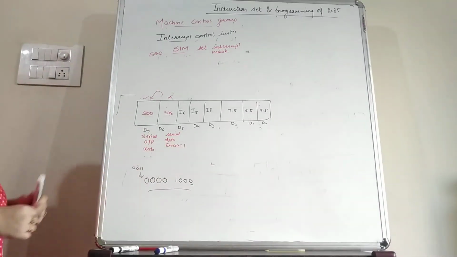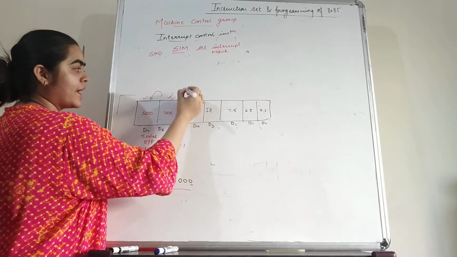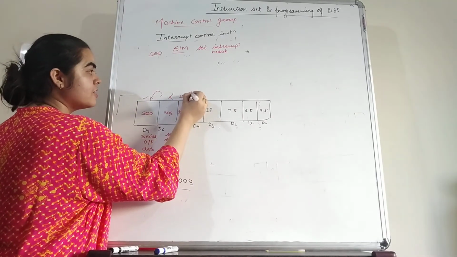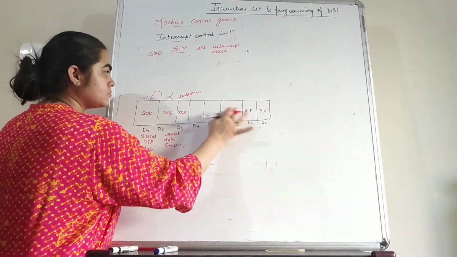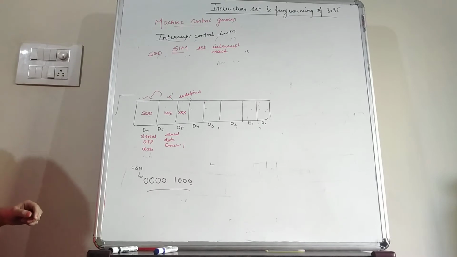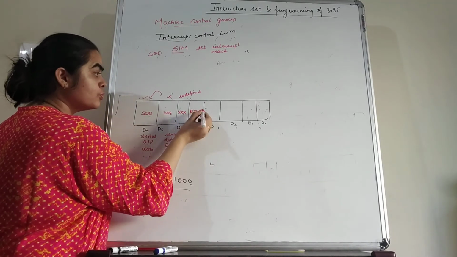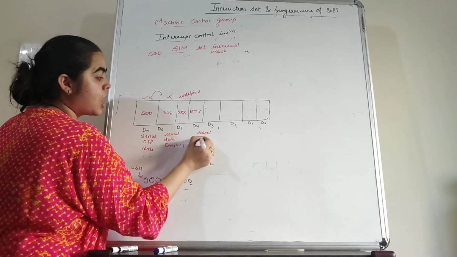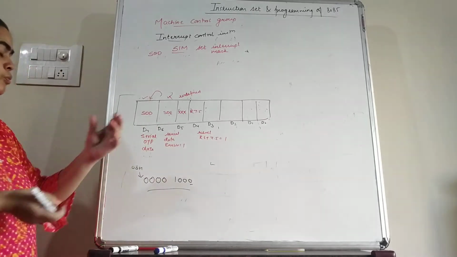So this is serial data enable. After this we have XXX. So XXX means this is an undefined bit. There is no meaning of this bit. After this, students, the next bit we have is R7.5. So if you want to reset RST 7.5, then you can put 1 here.